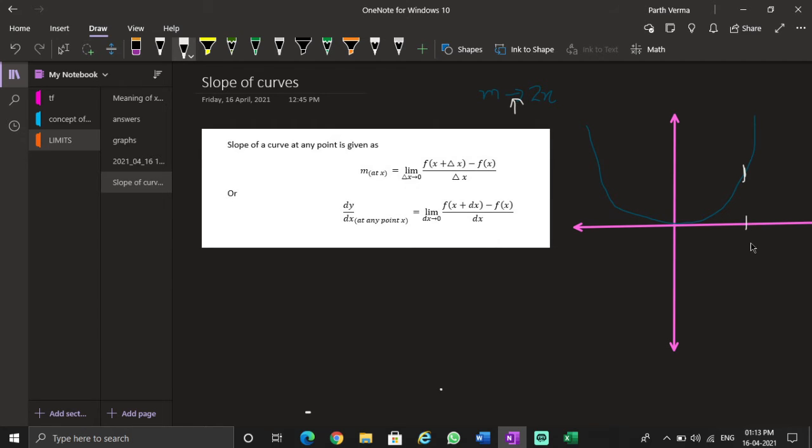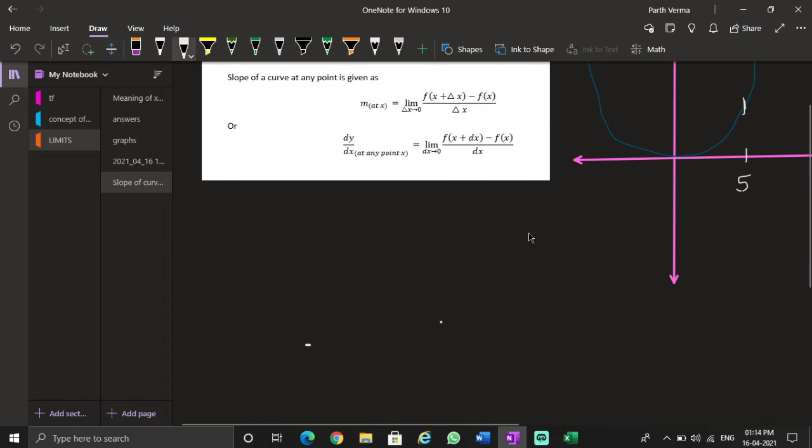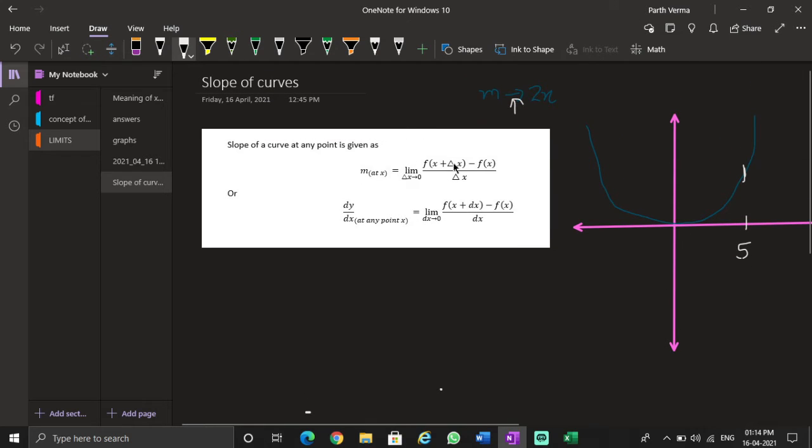Okay, so what is the slope of this function at any point? Say 5. Means when the input is 5, at that point what is the rate of growing of this function? So how do we find that out? For that we need y2 minus y1, and they should be very close. Means we want one more point in the immediate neighborhood of 5. So where do we have to go? We just have to go delta x ahead or delta x behind, wherever. So just delta x ahead from 5.